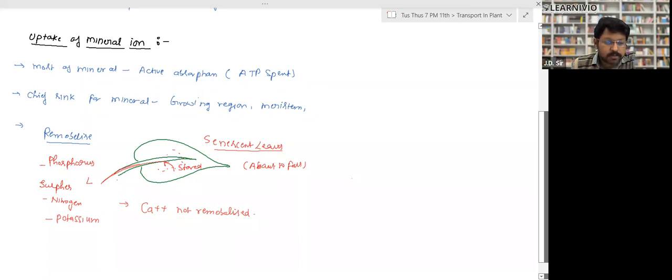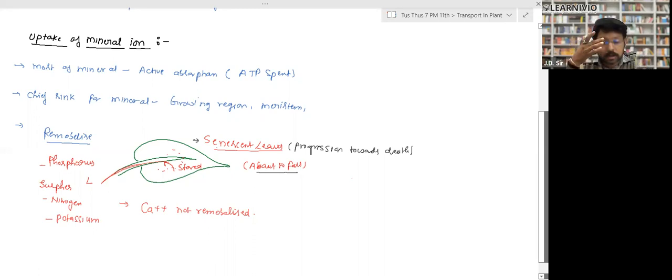So these all are the substances. They are remobilized. So what is remobilizing? Whenever a death of a leaf takes place. So death means senescence of leaf. Senescence means the leaf is about to fall or moving towards death, progression towards death, right? So whenever the senescence of leaf takes place, they take back the important minerals and